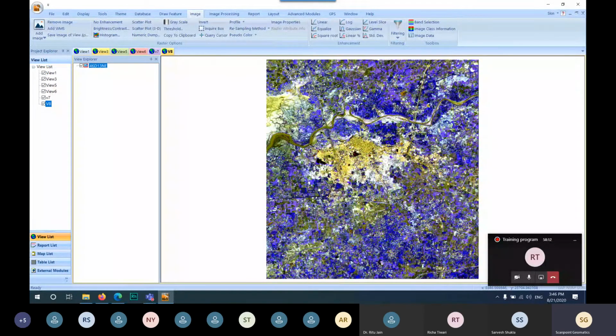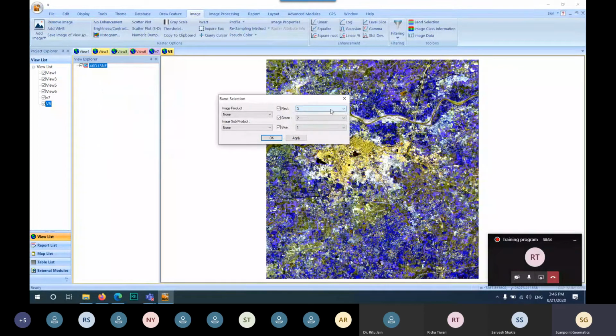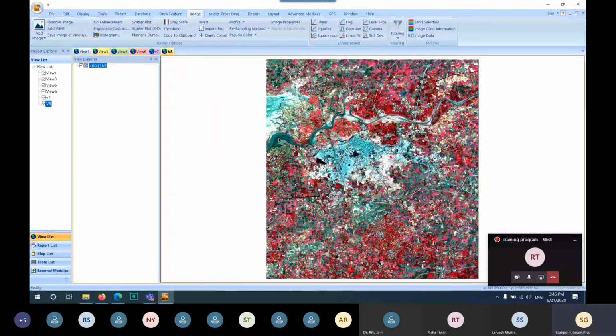As you click, you see that the false color composition of your image is changed, and now all the features which are shown in different FCC are now in different color format. So the band selection in RGB is known as false color composition. The band value numbers which you select for the RGB combination is known as color combination, either it is a true color combination or it is a false color combination.